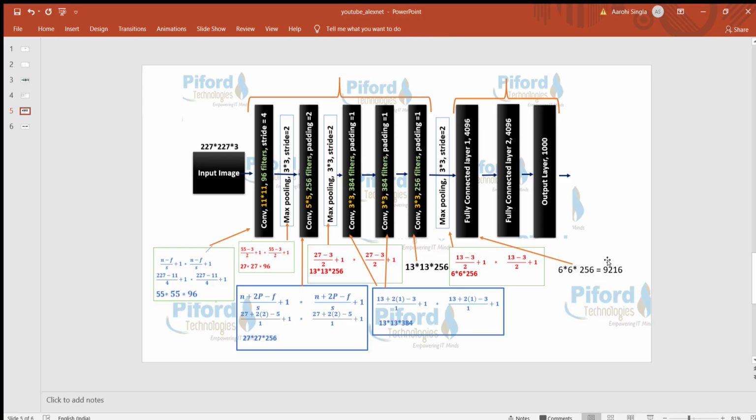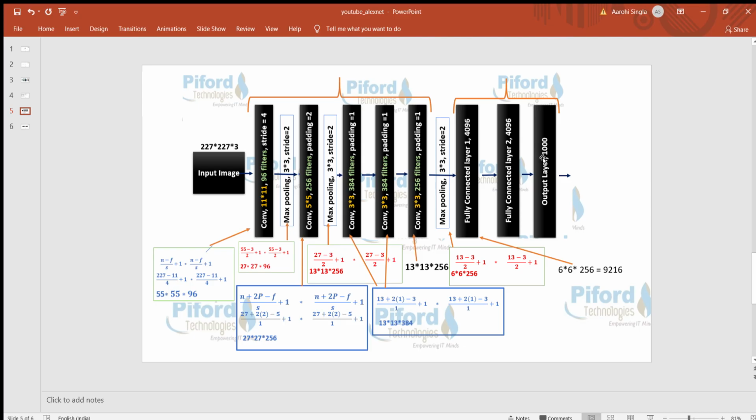Now we will give these 9216 pixels to this fully connected layer, and we have 4096 neurons in it. These 4096 neurons will accept these 9216 pixels and process them. In the same way, the output of this layer will become the input of this, and this layer again has 4096 neurons, so it will process again, and finally we have an output layer.